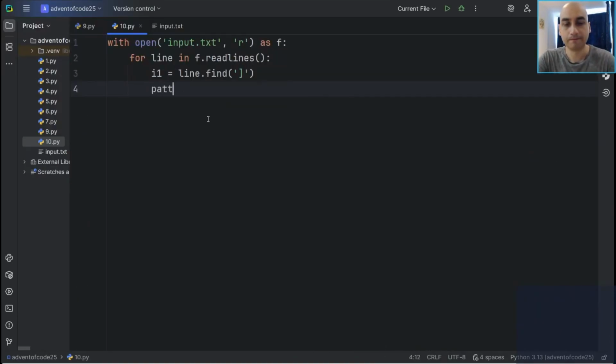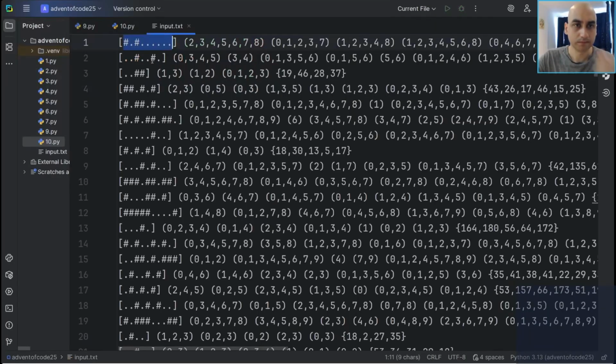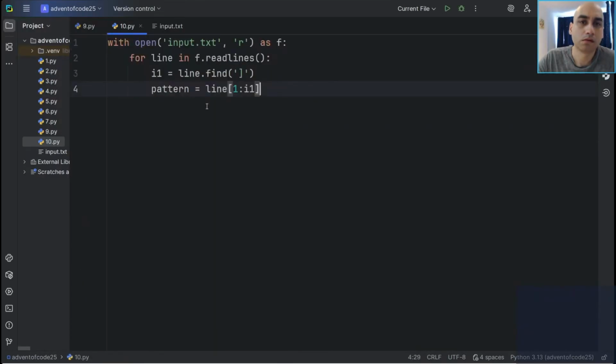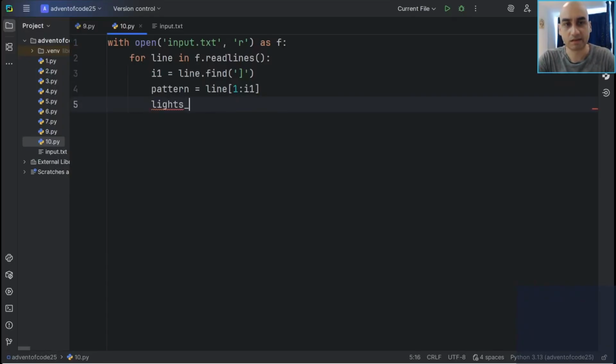So pattern equals line from 1 up to I1. And then lights goal equals